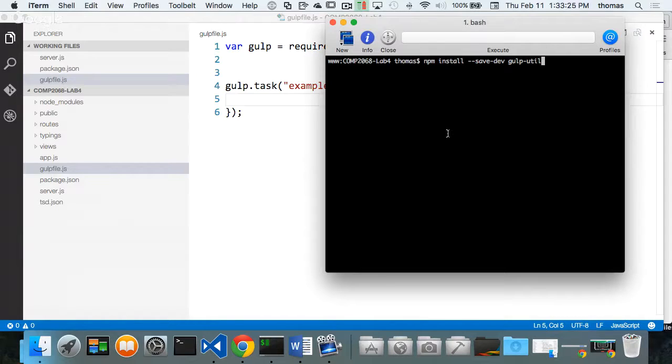Gulp-util is a utility package for Gulp as well. You're going to say, what the hell, Tom? Why do I need all this stuff? Why are you wasting my time? You'll see. If that's the case, I might as well include some of my code hinting too. So let's add that into the TSD. So TSD install --save